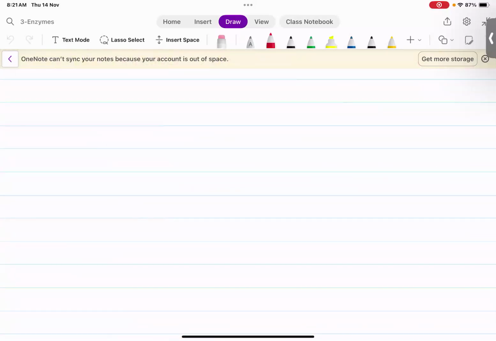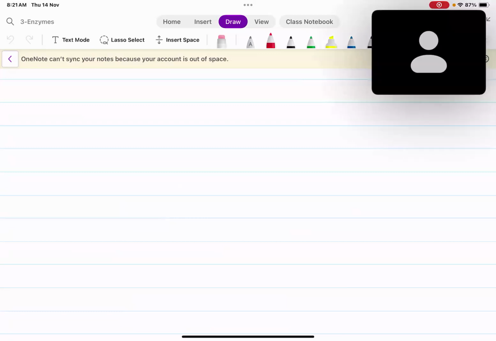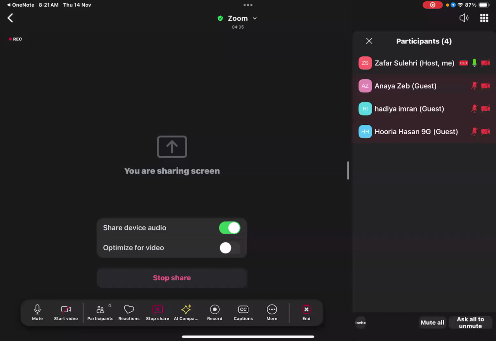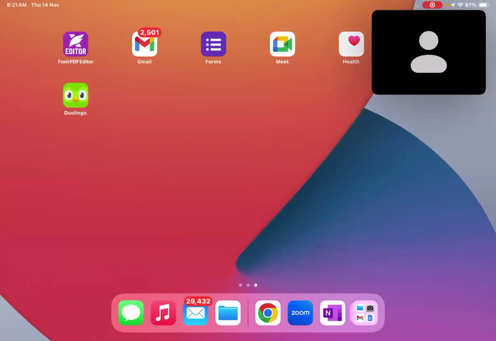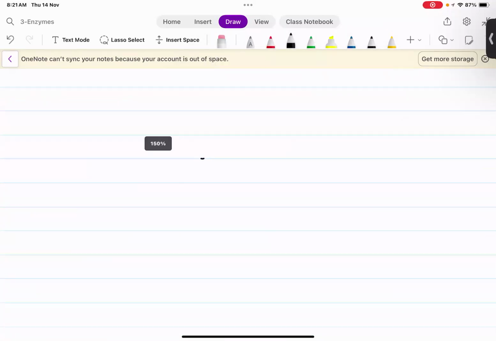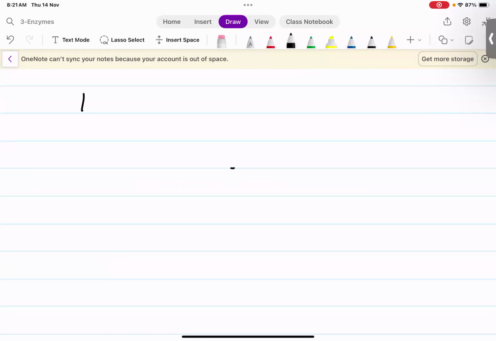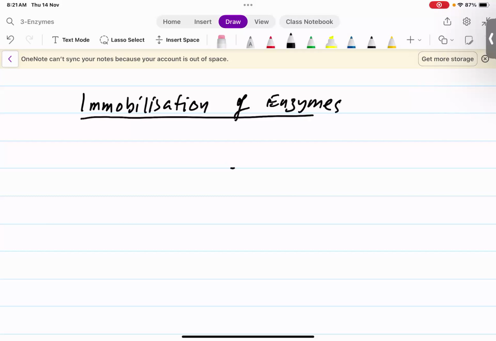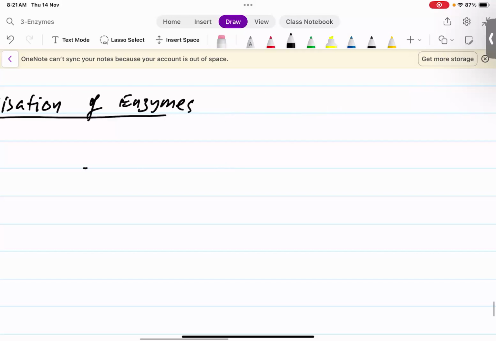So, today we will discuss immobilization of enzymes. So what does this immobilization of enzymes mean? If we look at an